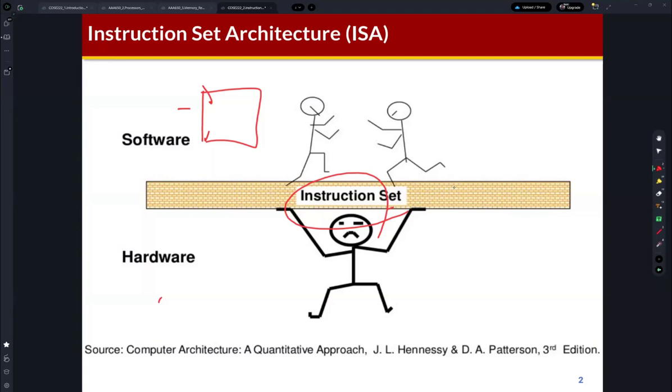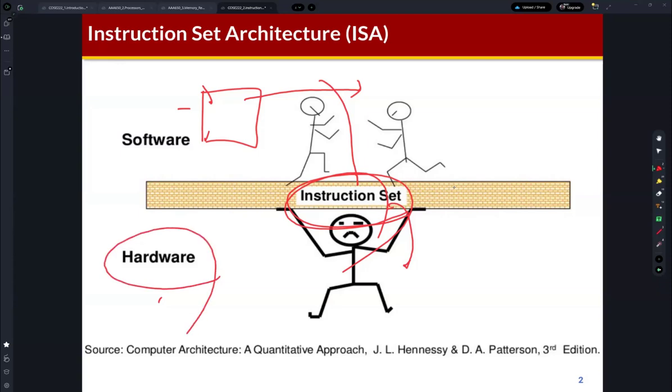But computers cannot understand these high level languages, so it needs to be translated to instructions. And then this instruction is given to hardware, and the hardware executes instructions